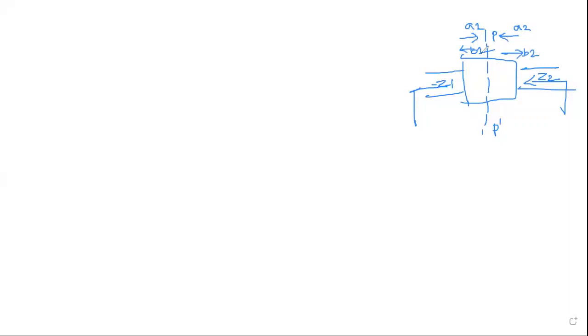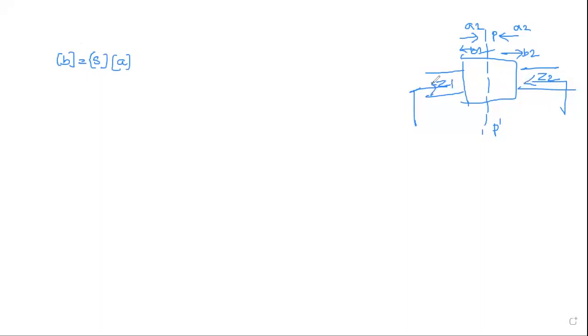Now this is nothing but the meeting point of two transmission lines, which is the reference plane, and it is considered as a two-port network. Now the first condition we do is, for the incident and scattering wave amplitudes, we know it is represented by matrix B is equal to matrix S into matrix A. That's the general equation.